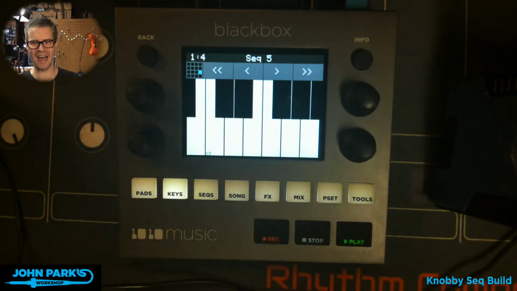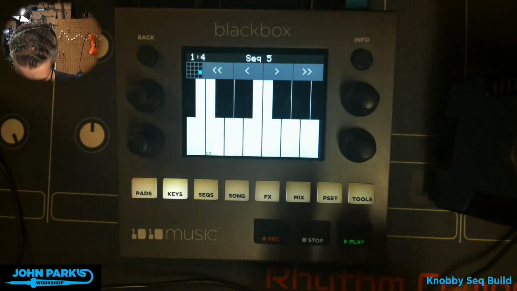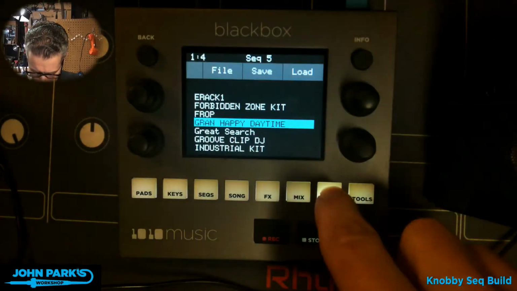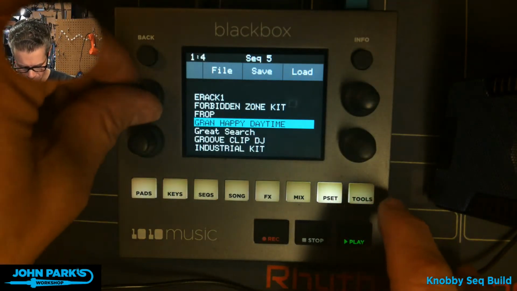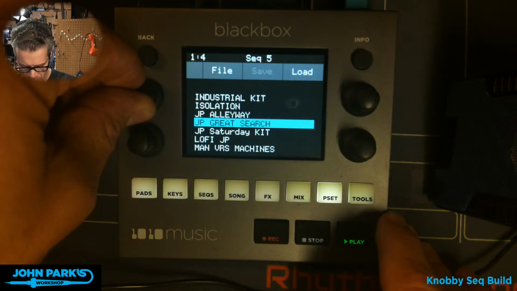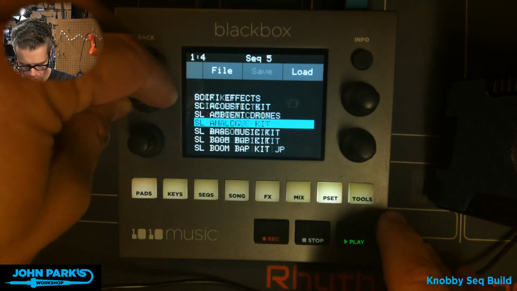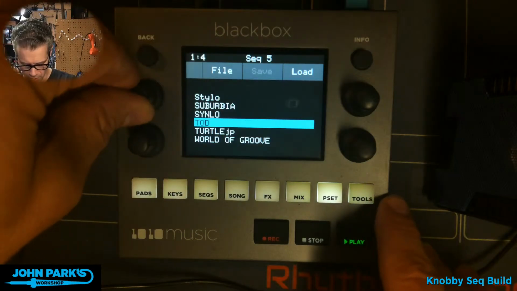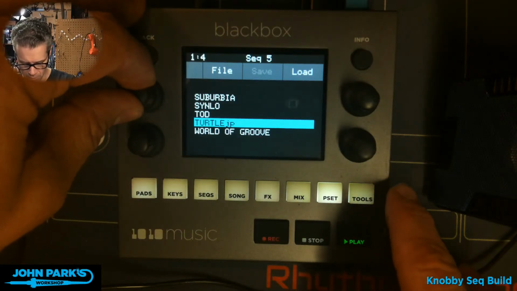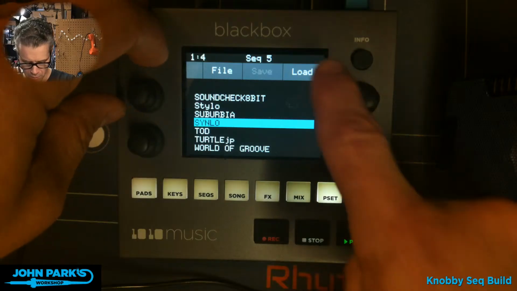So something like that is what you're hearing in the voice that's in my intro song there. Let's see, can we find the song? What's the project called? Not great search. I'm going to start at the bottom and work my, oh gosh, I have a lot on here. Turtle JP? Probably not. Sinlow? Is that it?